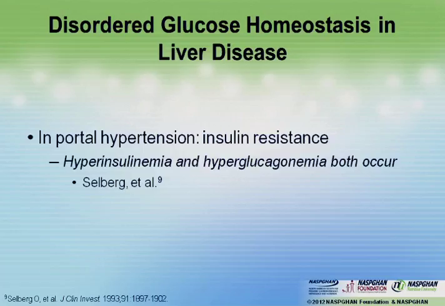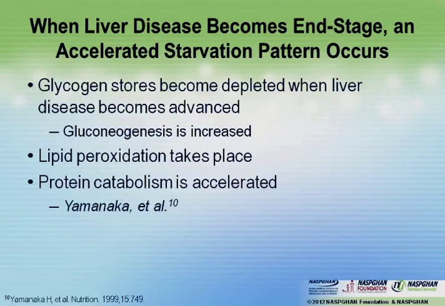Let's turn back to glucose homeostasis in liver disease. When we see insulin resistance, that can generally occur in advanced cirrhosis. In mild or acute liver disease, that tends not to be present. So if you have someone with chronic liver disease, you may see hyperglycemia and hyperinsulinemia, which, one thing that Rob didn't mention, was that hypertriglyceridemia and fatty liver can be a direct result of hyperinsulinemia, even with euglycemic blood sugars.